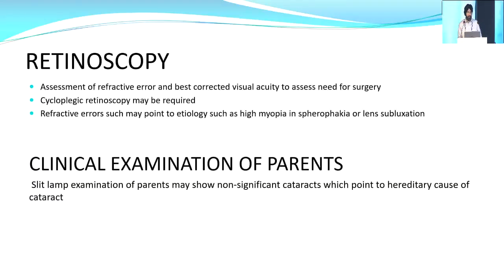So retinoscopy, if it's a unilateral cataract, yes, the other eye retinoscopy has to be done, very important, because your planning of IOL implantation, the power what you're going to use will be dependent on the other eye. And clinical examination of the parents, you have to see if it's a familial cause, you could have subtle opacities in the parents and they've never noticed it. So a dilated examination of the parents is also warranted